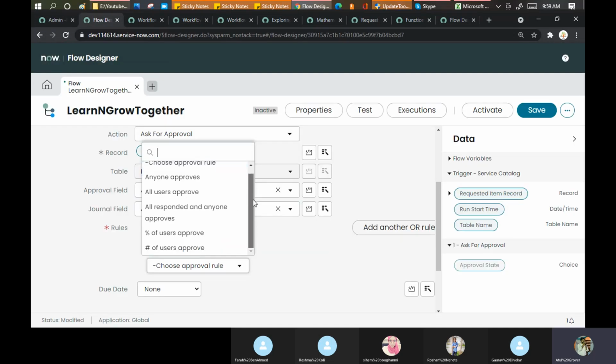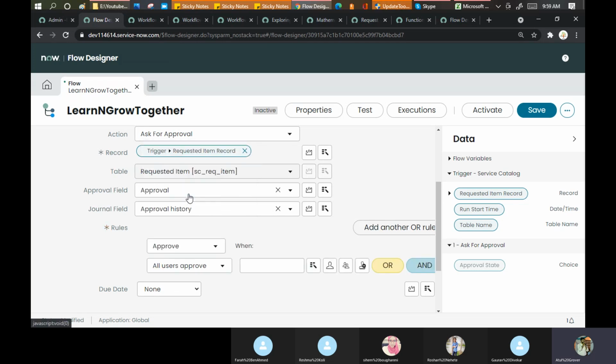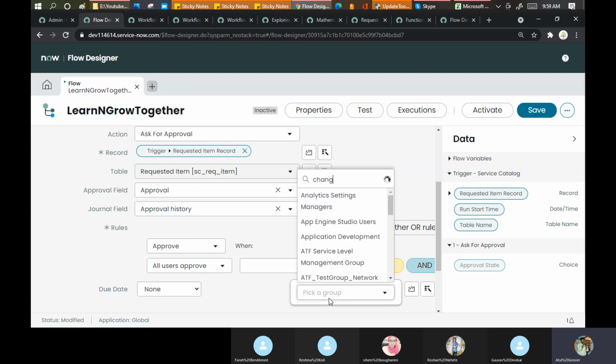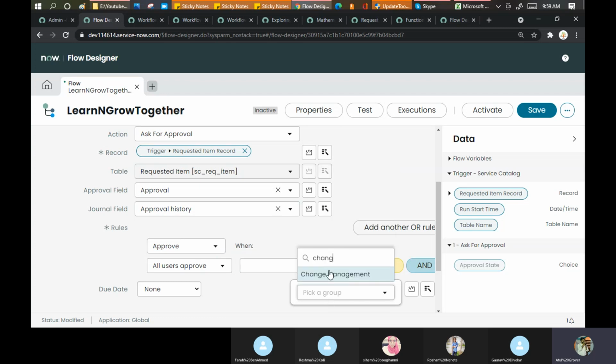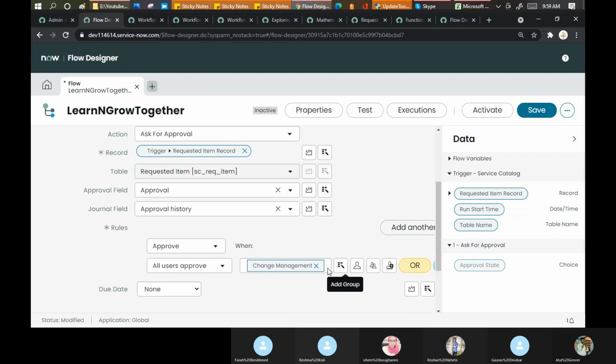I said by all users approve. That is fine. But who approves? Which group should approve? So I can pick up the group from here. Add a group. I said it should go to change management. Okay. So you can define, maybe I can say, I want to add one more.